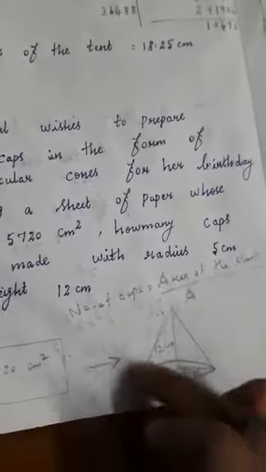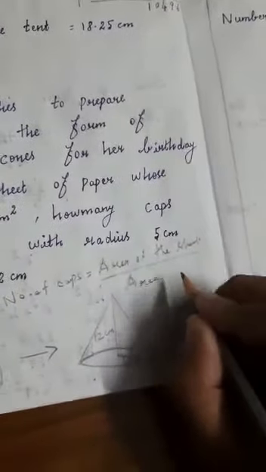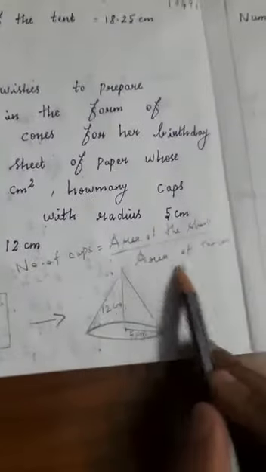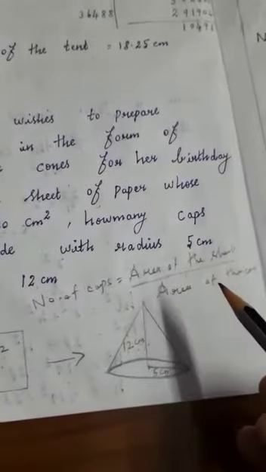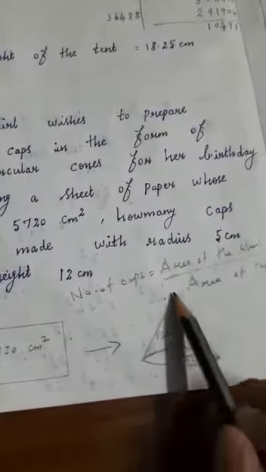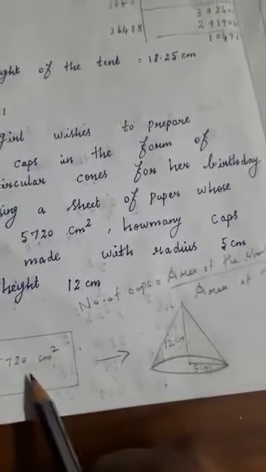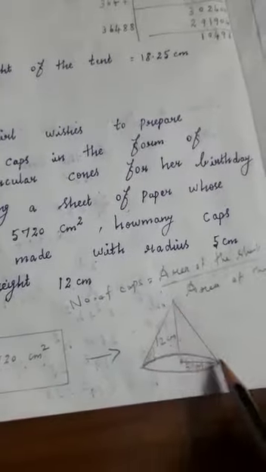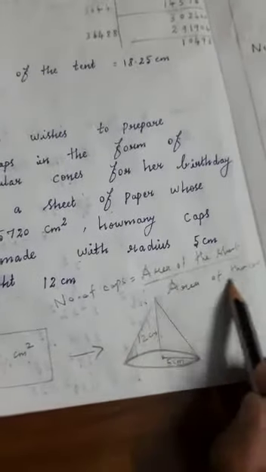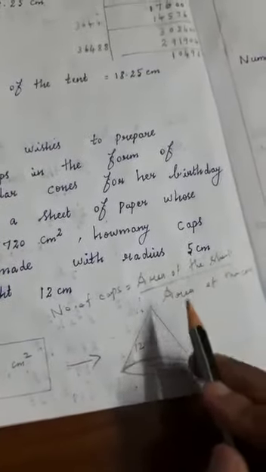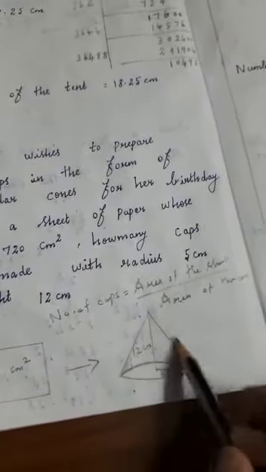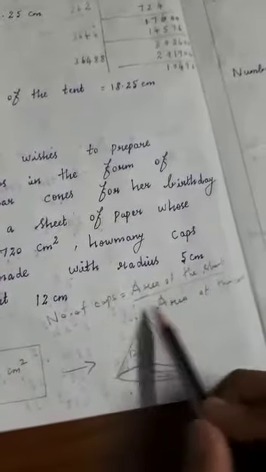We are making the cone shape only from the sheet of paper. For the area of the cone, we need to write the CSA formula or TSA formula. While you are making the cone shape, only the outside part we need to cut from the paper. Not the down part, no need to cut. So the area of the cone, the CSA of a cone formula we need to apply, because the down part, the circle part, we will not cut, only the outside part. So the CSA of a cone only we need to divide.